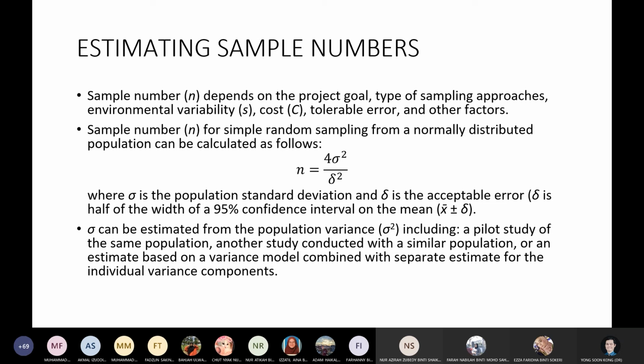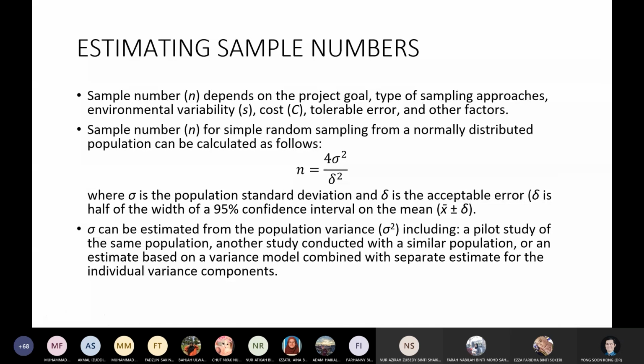Of course, like I said, we want our data to be as accurate as possible, and usually accurate data comes from a big sample number. But the problem is big sample numbers require a lot of money. So then you have to balance the budget that you have versus the accuracy and precision acceptable for your project. This is very subjective too. So that is why you have to use this formula and calculate